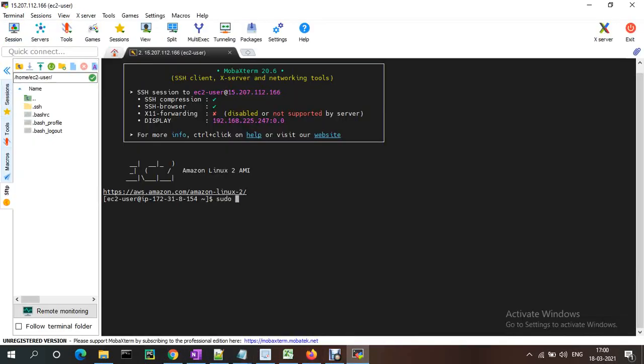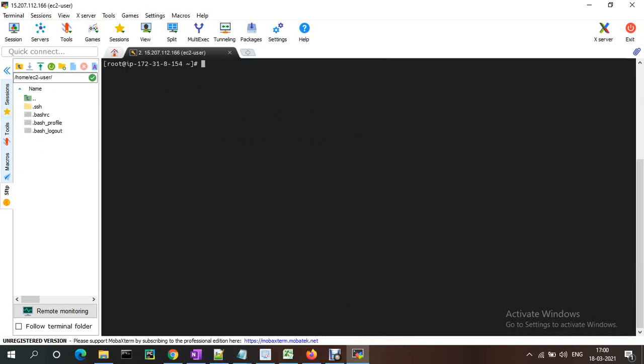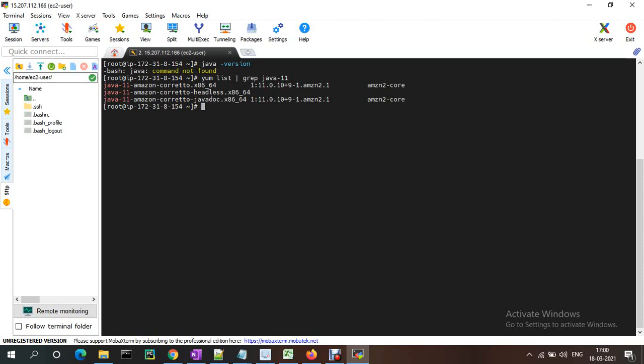Let me log in as root. In this server Java is not there, because this is a fresh VM. I didn't install anything. Okay, now let me install Java 11. List the repo, Java 11. See, I'm going with this one.